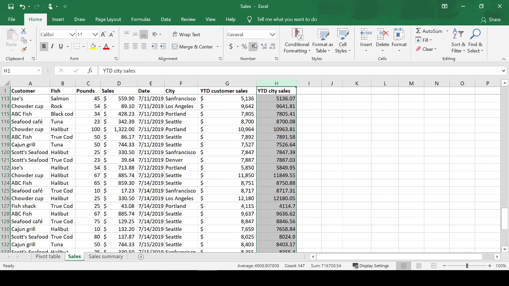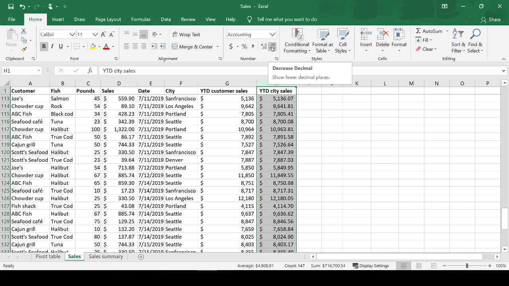You can do it with other columns, same way. And so that's how you use these